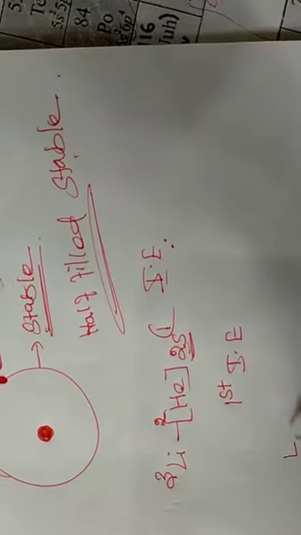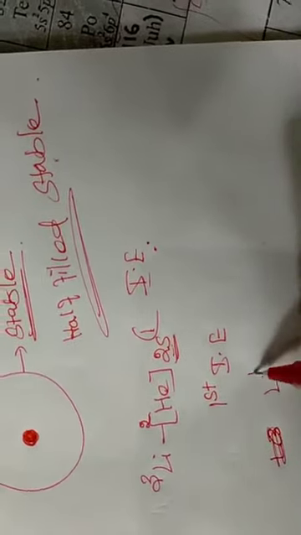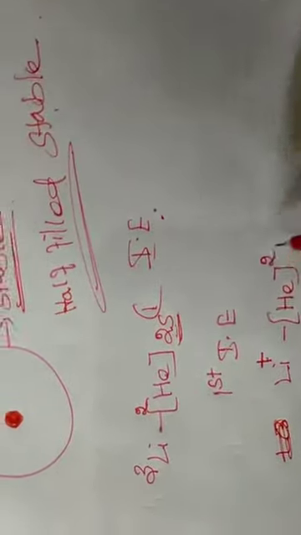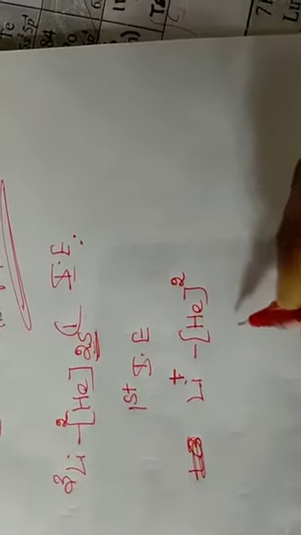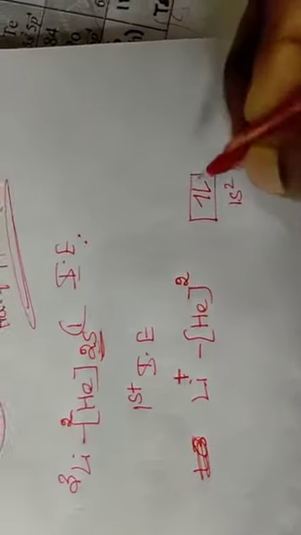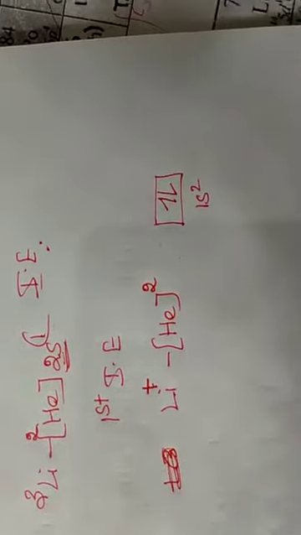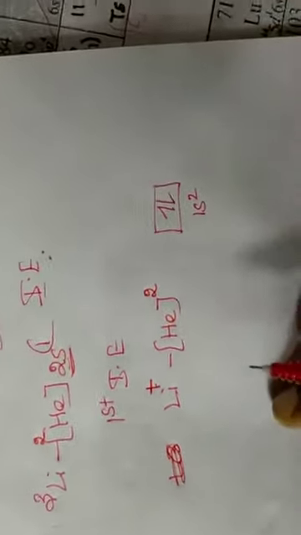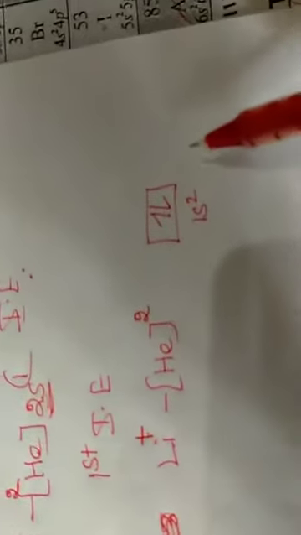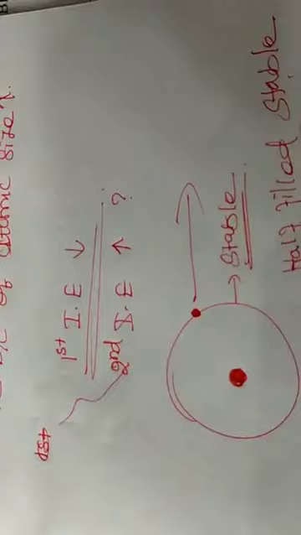So how many electrons are present here? Lithium has released one electron, so it becomes Li plus. How many electrons are present? Two electrons, as in helium, 1s2. This is a completely filled orbital. When you remove one electron from a completely filled orbital, it is more stable than the unsymmetrical distribution of electrons. Because of the stability of this orbital, it requires more energy to remove the electron from the stable orbital. So the second ionization energy of all the alkali metals is higher than the